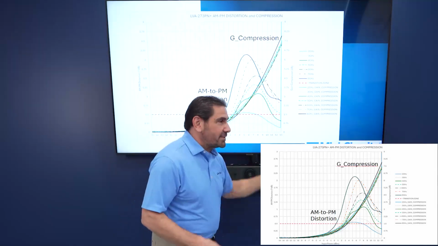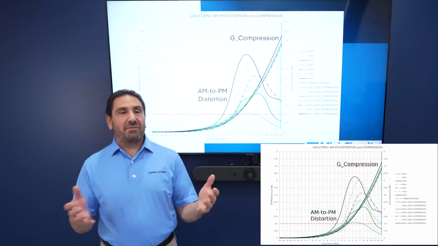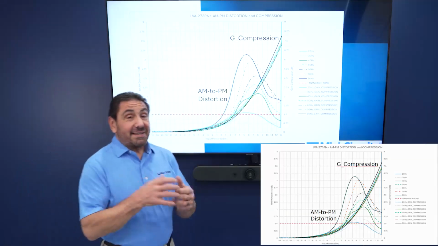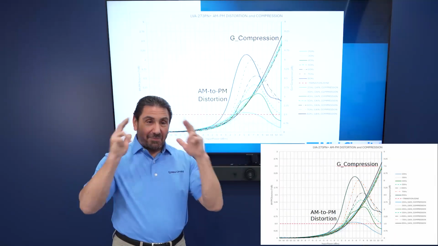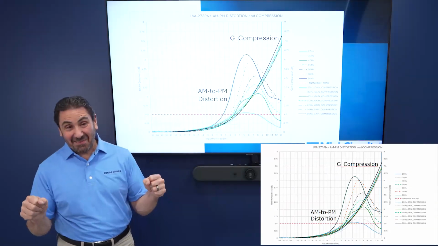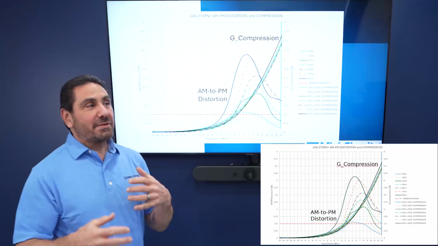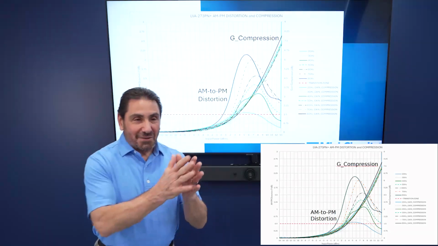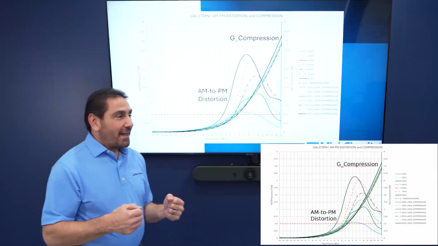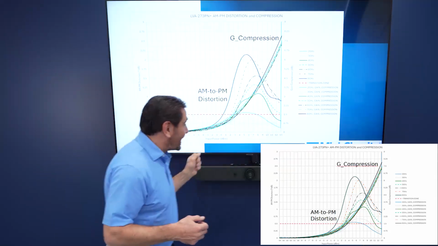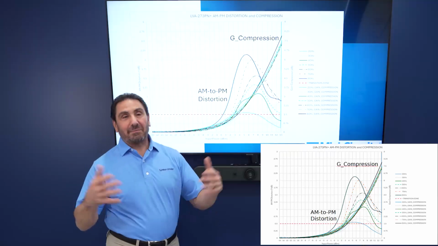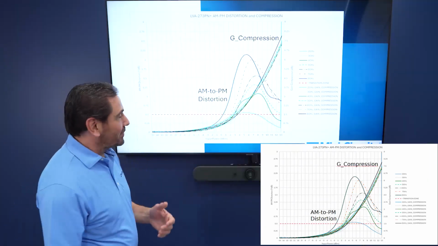If I operate here, is 6, 7 dB of compressed gain enough? Well, I don't know, maybe I have to start cascading amplifiers now to get this. We know what happens when we cascade amplifiers. So it becomes very interesting to try and get a good system design where you're not degrading your additive phase noise, and you're trying to select where to operate and get a cascade of amplifiers to drive each other without just adding more